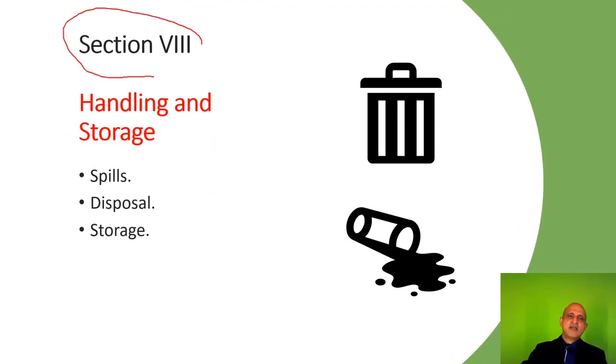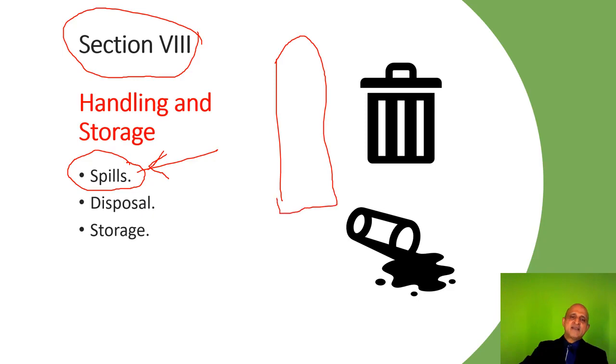Section 8 focuses on handling and storage. So how do we handle spills? What is the spill cleanup SOP? Or if there's a very large spill, which is highly unlikely as you are working only in test tube levels or 50 ml or 100 ml of media. But if you have very large spills, such as in environments which use a bioreactor or fermenter of 500 liters, is there a SOP for handling this contingency in case of a spill? Okay, that's what we look at.